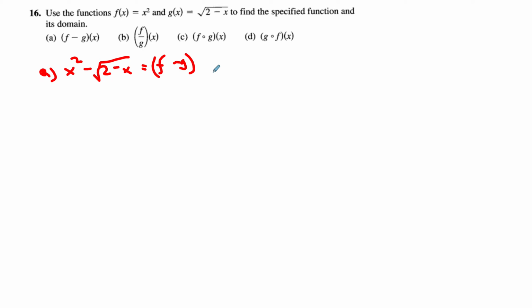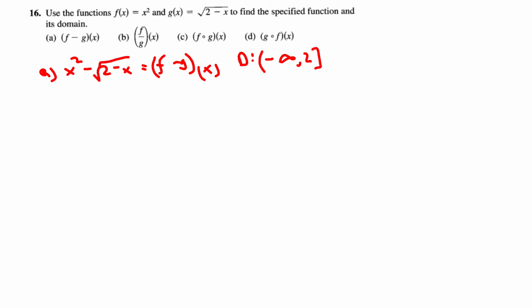There's not much that we can do to combine these. The domain. There is no problem with this, but there is a problem with this. This means that this can be 2, but it's got to be then 2 or lower. So the domain would be negative infinity all the way up to including 2, because it does say find its